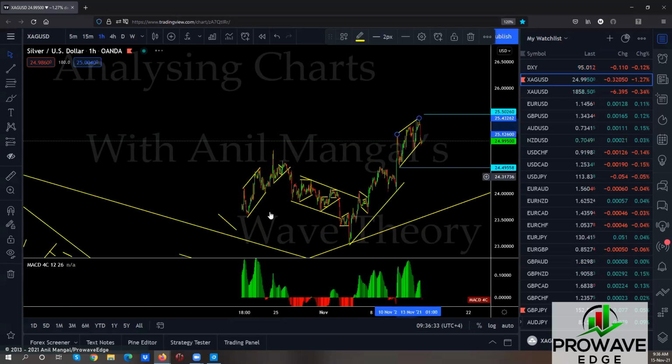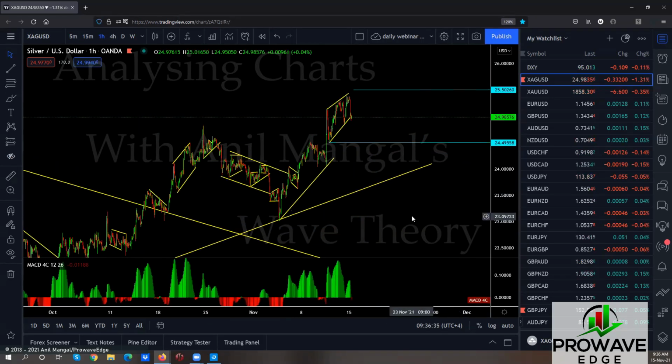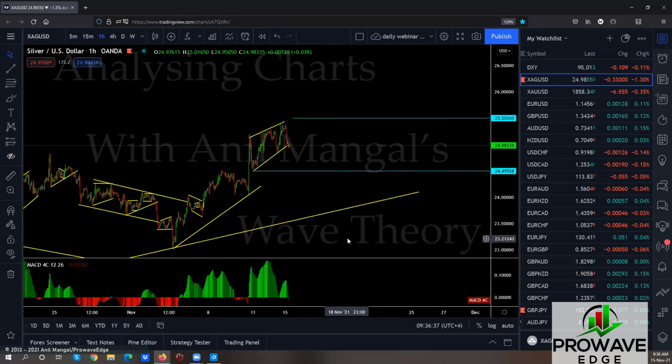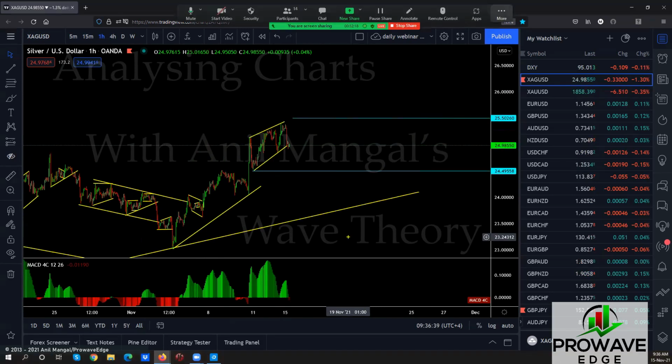So your question would be, if you're a new trader to wave analysis, well, if they're looking exactly the same, how would you know which one it is? And I have the answer to that. It's pretty easy. If this is a reversal, wait for a flag or a correction and sell. If it is a running flat, it's going to break straight through the top.